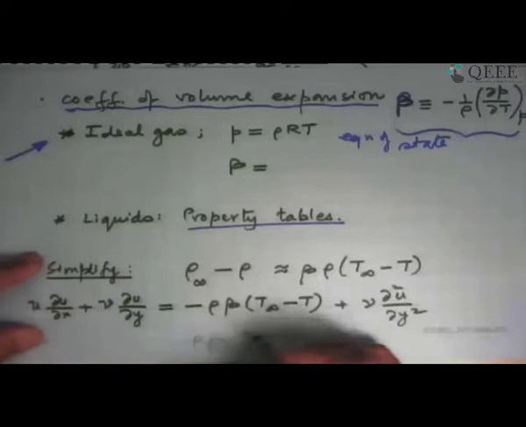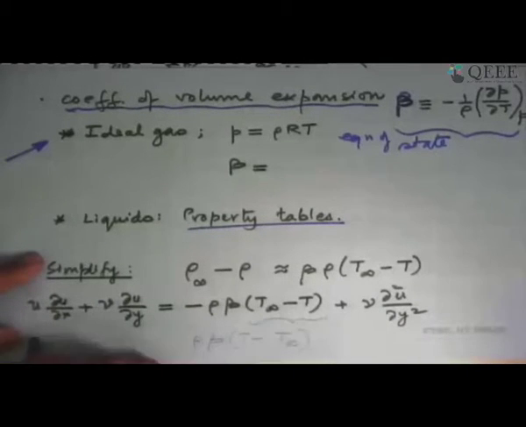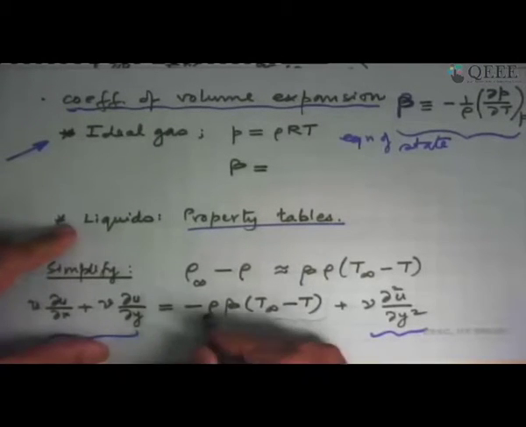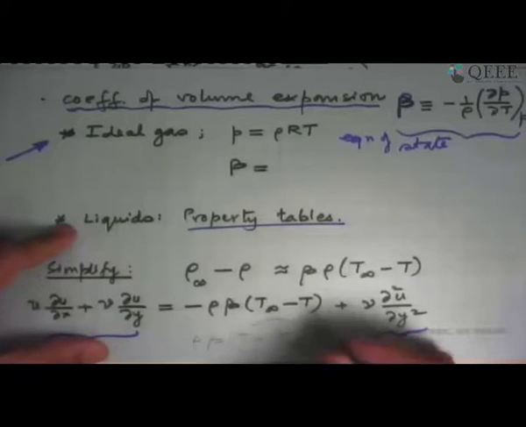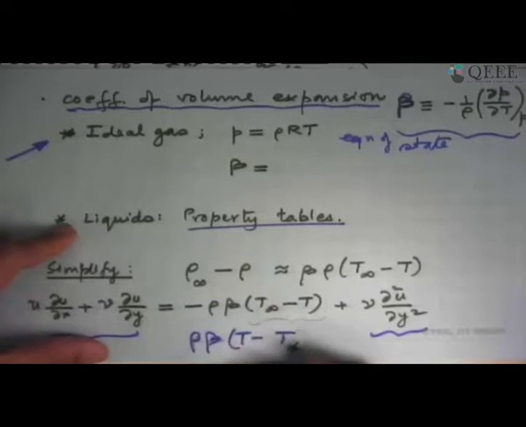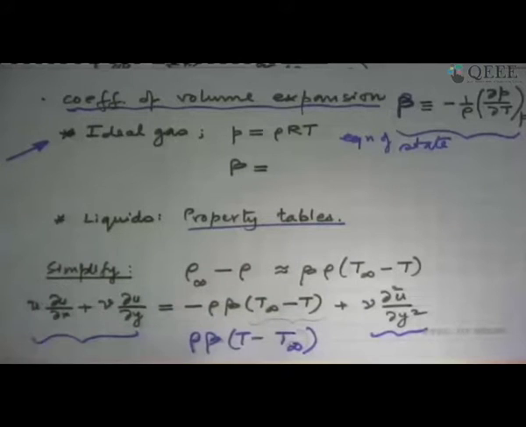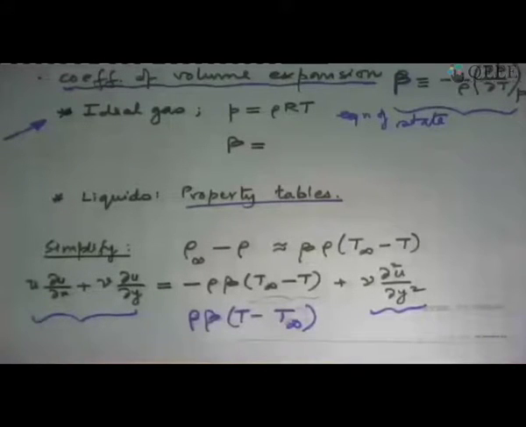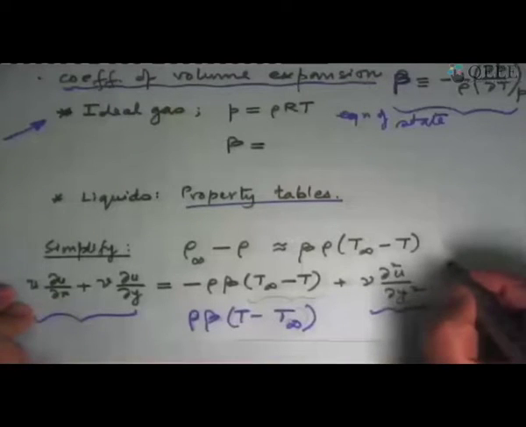And when we substitute it in the x momentum equation, the left side is the same, this term is the same, and here we get minus rho beta times T infinity minus T, or alternatively you can make this a plus sign and say rho beta times T minus T infinity. Both are the same thing. Okay, so what has happened now? This is our working equation which we need to solve, and this is your x momentum equation finally.